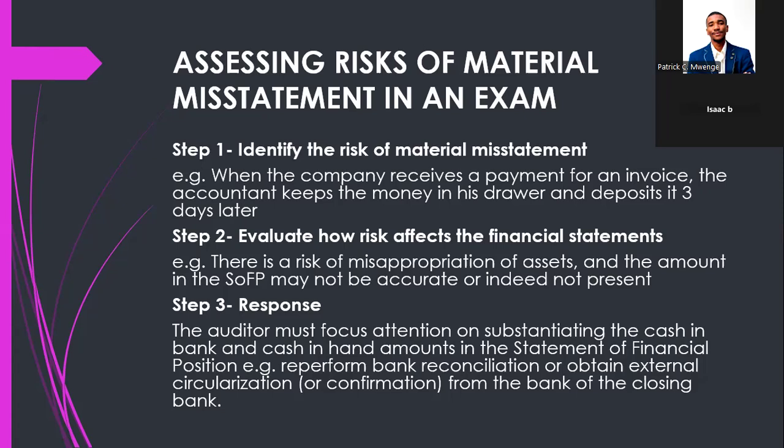So now we need to evaluate how the risk affects the financial statement. There's a risk of misappropriation of assets, and the amount in the statement of financial position may not be accurate or indeed not present. So the accountant keeps the money for himself, not for the company, for 3 days. And you know, money is